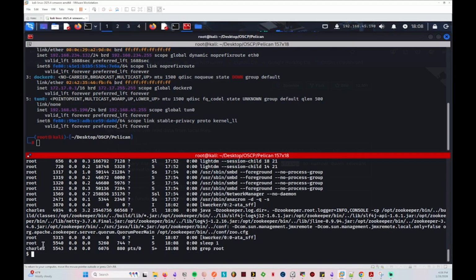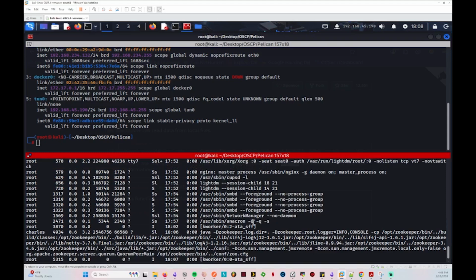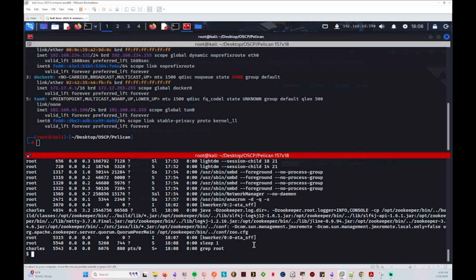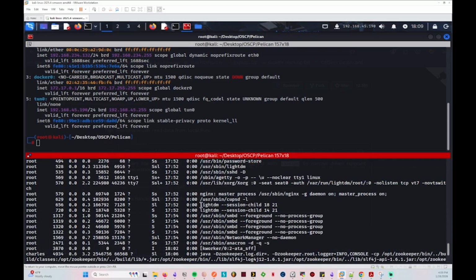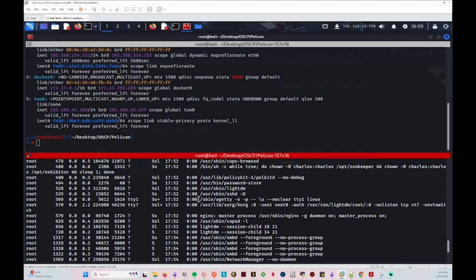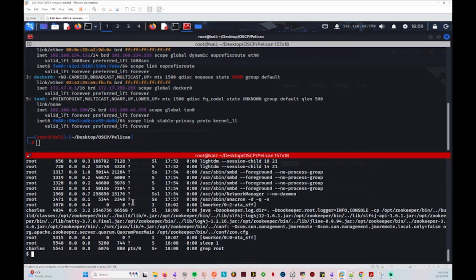So, or maybe Charles, okay. So let's go ahead and scroll up a bit here and see what we can find that are root worthy processes. So we have stuff with network managers, not really anything to go for, but here's something, password store. What process is this, 494? All right, so what we do in order to get this, because this means that we can run gcore as sudo, like as root. So we go sudo,